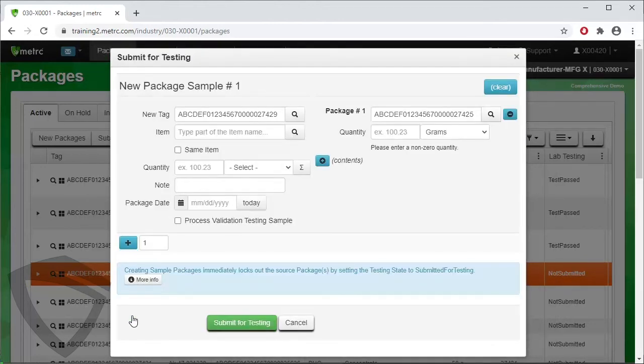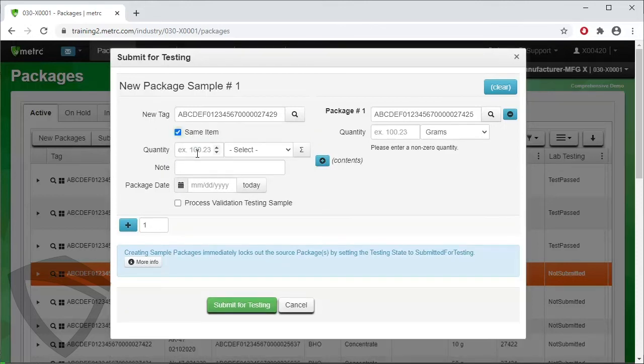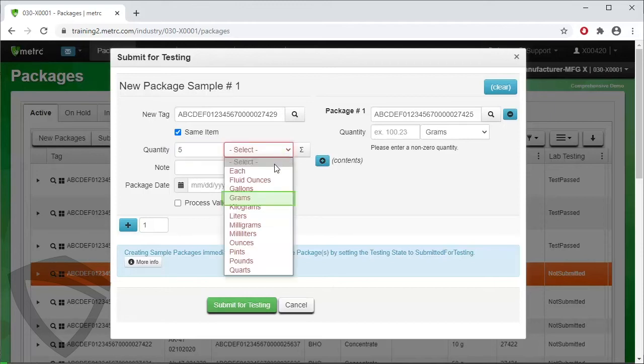Next, identify the item. You're merely repackaging the product, so you can click on the Same Item checkbox. Or if you wanted to look up the item, you can do so by clicking on the magnifying glass next to the item rectangle. We're going to click on the Same Item checkbox. Then, enter the quantity and unit of measure. The quantity will be the amount the testing facility representative tells you they pulled from the source package. You will enter the number they tell you. Then, the unit of measure will be the same as the source package,